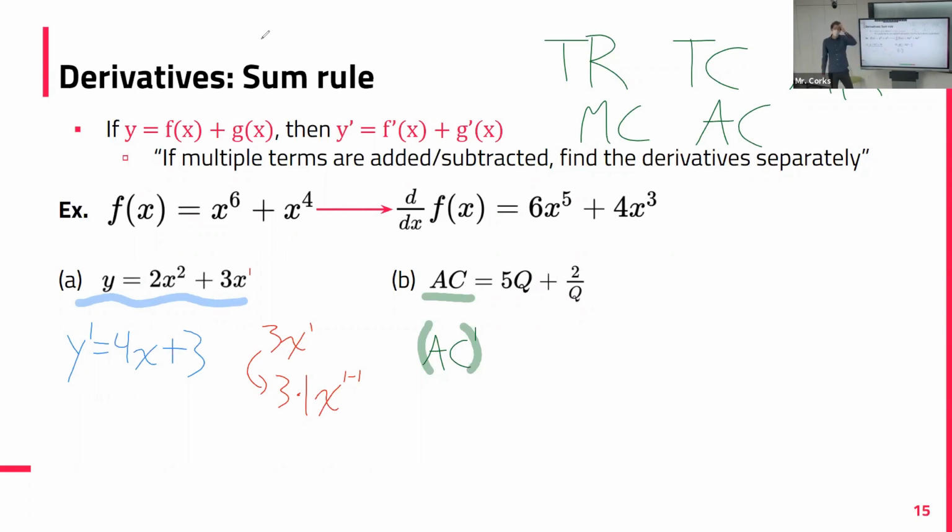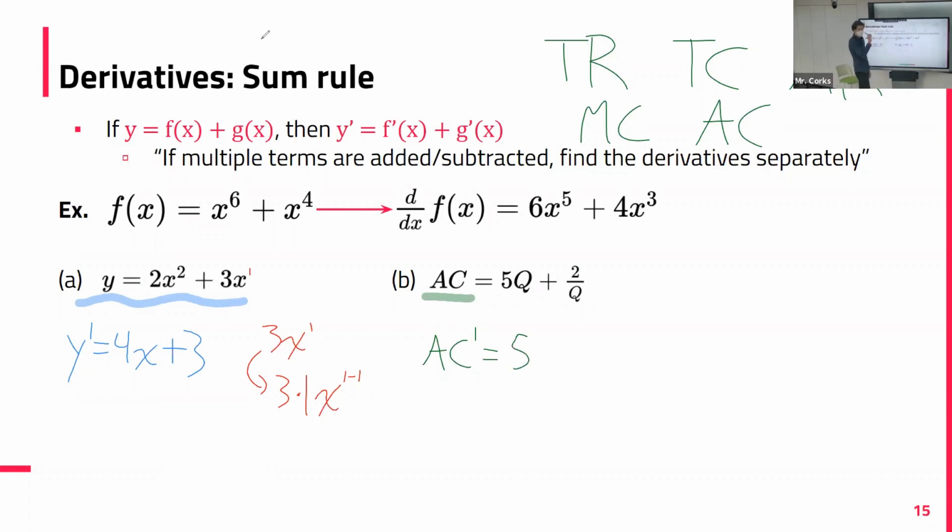Okay. So that's the same thing happening with AC here. We could put the brackets around it, but you are not going to see economics textbooks do that. They just expect you to remember it's one concept, not two, so no brackets. Okay, so brackets are fine. I'm not going to put them in because I want you to remember and recognize that this is one concept here. So AC prime equals 5